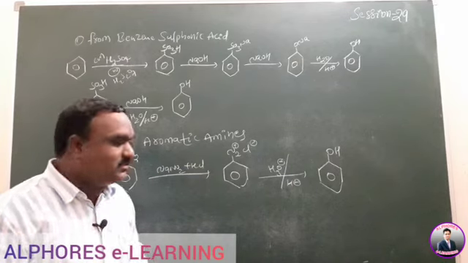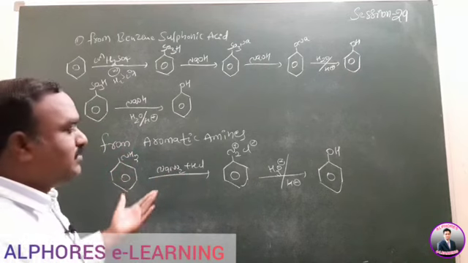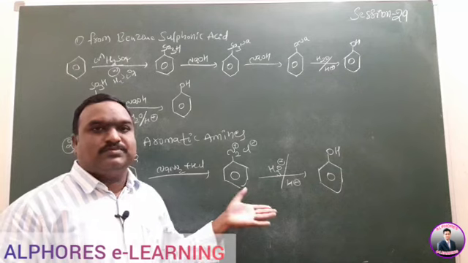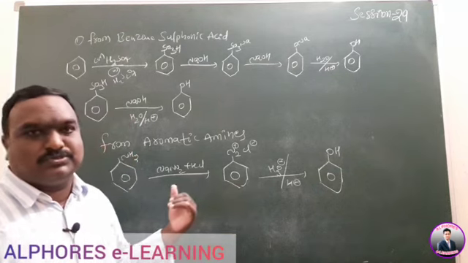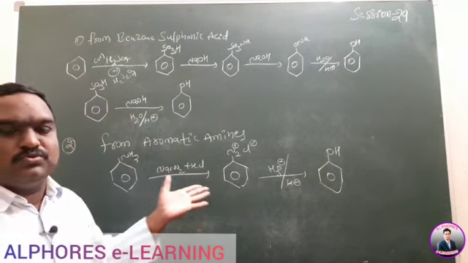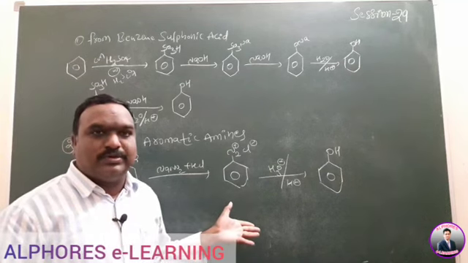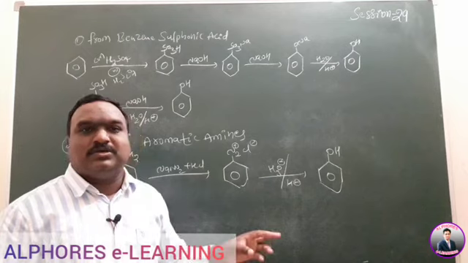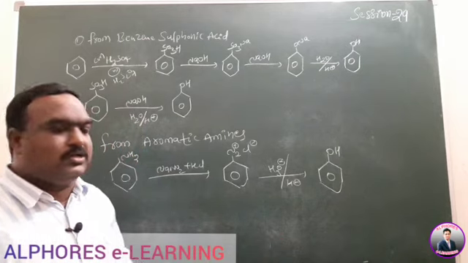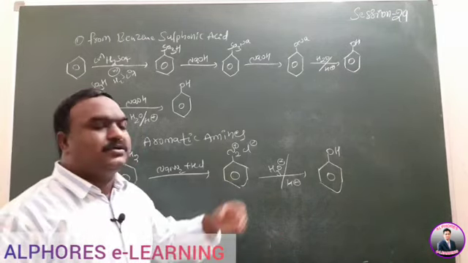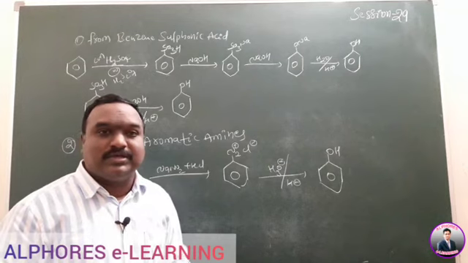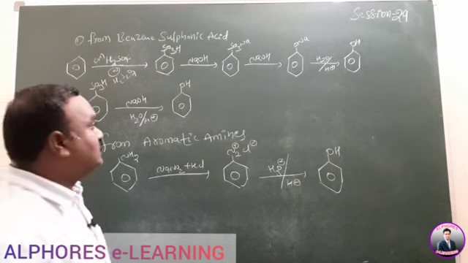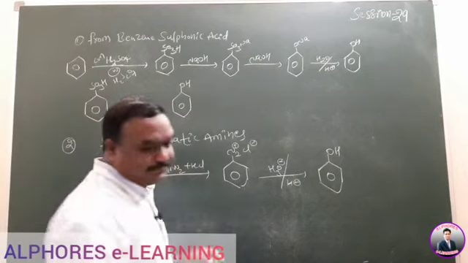Aromatic amines. So very simple, how to prepare the aniline? There are a number of methods. One simple method: in the electrophilic substitution reaction, you take that NO2 group and convert it into NH2 group in the presence of reducing agents. It reduces to NH2. Then if you do this one, we'll get a phenol. This is the way of phenol preparation from diazonium compounds.